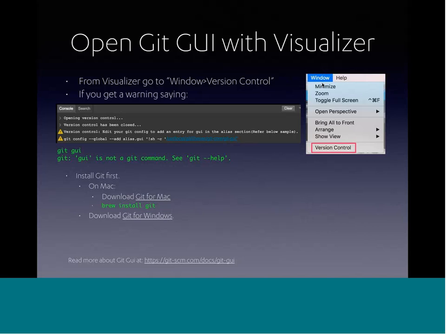I've outlined 3 here. So for Windows, you can just download the installer. There's an installer for Mac. My preference is to install using Brew, and that's what I've used in my installation. There are ways to install Git on other operating systems, Debian distributions and using apt-get or yum. But since Visualizer cannot be installed on Linux, we're not going to be covering that today. Okay, so